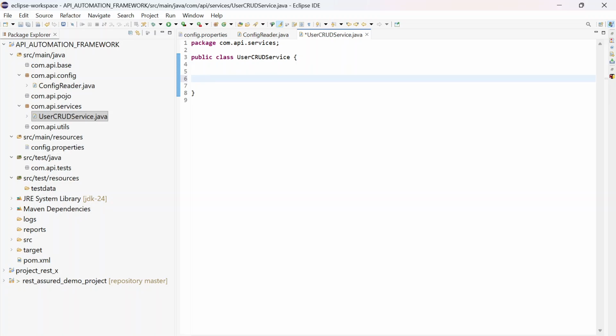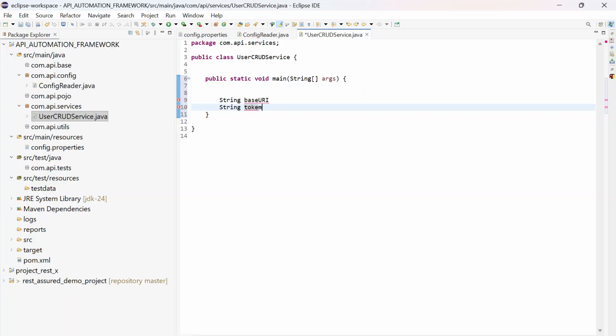So I will create one main method inside this, public static void main. This is just to verify that our class is able to read those values. Public static void main string args. I will just define one string, let's say base URI, one more string that is token,